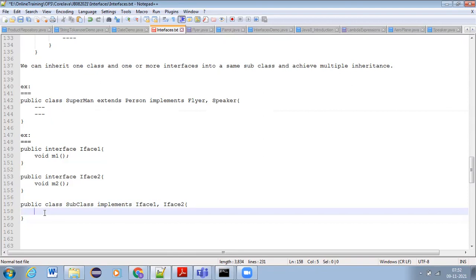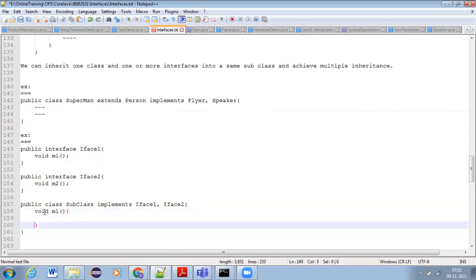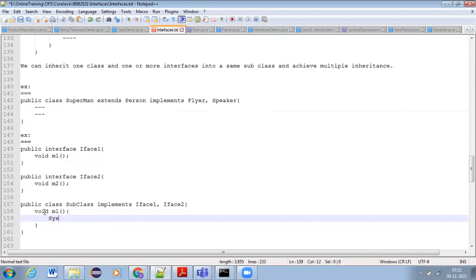Yeah, tell me, guys, quickly. How many methods should I write here? How many methods should I override here? Two methods. What are they? M1. Yeah, void M1. Very good. So void M1. Let us say System.out.println